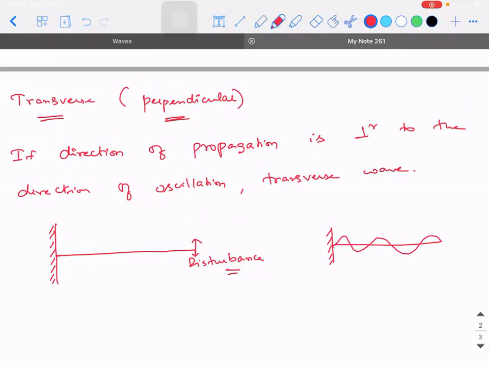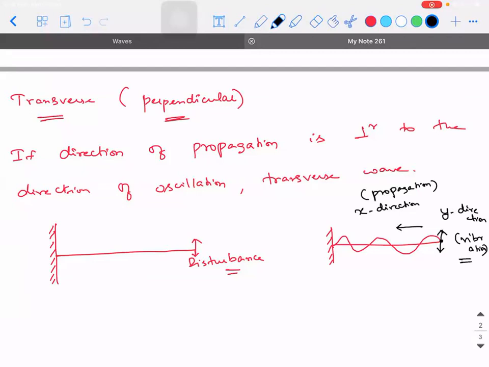If you capture it and slow down the motion, and you observe it, can you see that something is going to travel? Here, the disturbance is created in such a way that the particle is oscillating in the y direction. For you to understand, I'm using the word y direction. But the energy is getting transferred in the x direction. So the x direction represents propagation and the y direction represents vibration.